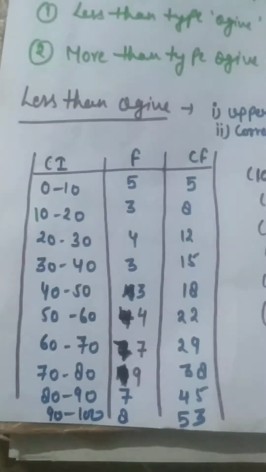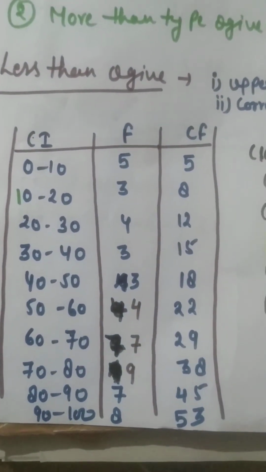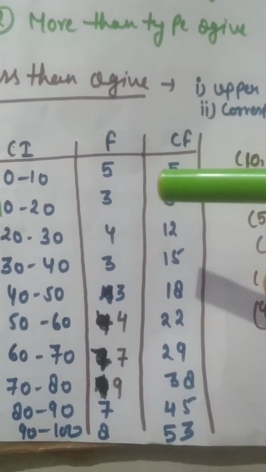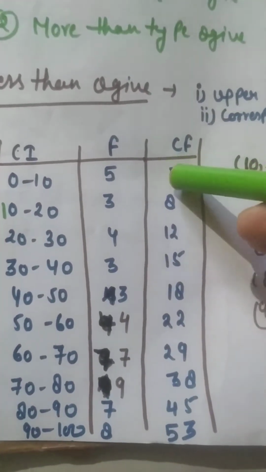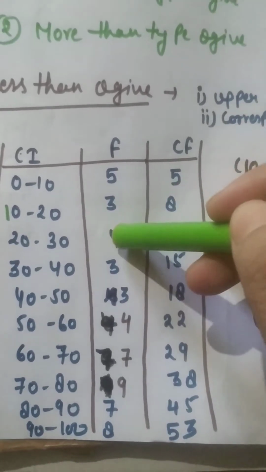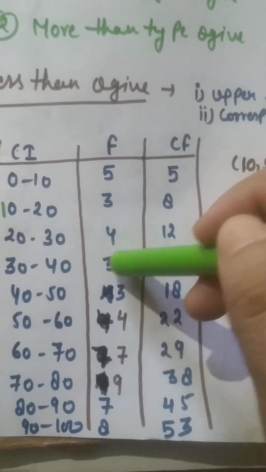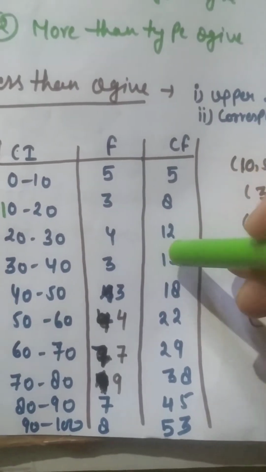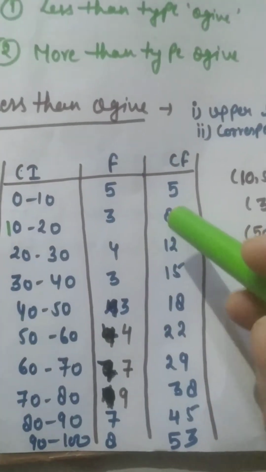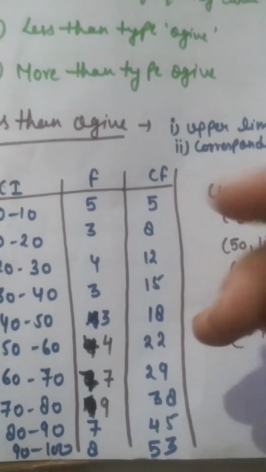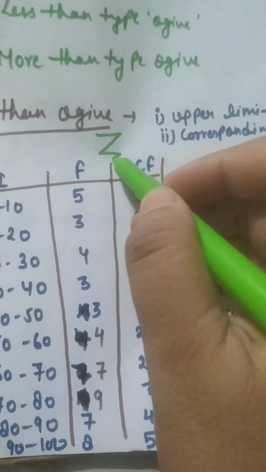So first we will take out the cumulative frequency, and you know how we take it out. We add the frequencies in sequence. The first 5 will come, then 5 plus 3 is 8. Now the next one will add on 8, 8 plus 4 is 12. Now the next one is 3, added on 12, 12 plus 3 is 15. Then 15 plus 3 is 18, 18 plus 4 is 22, like that. In cumulative frequency we do it like that. Got it?